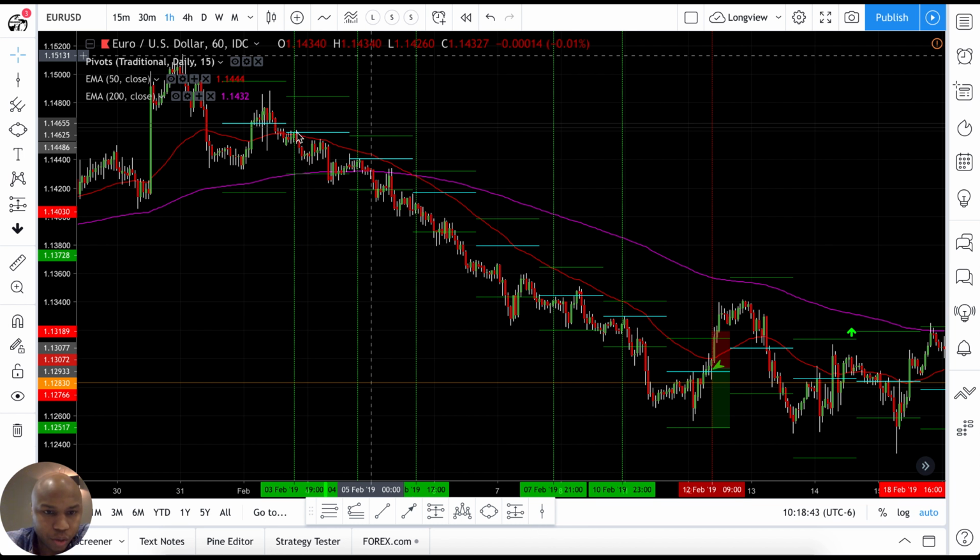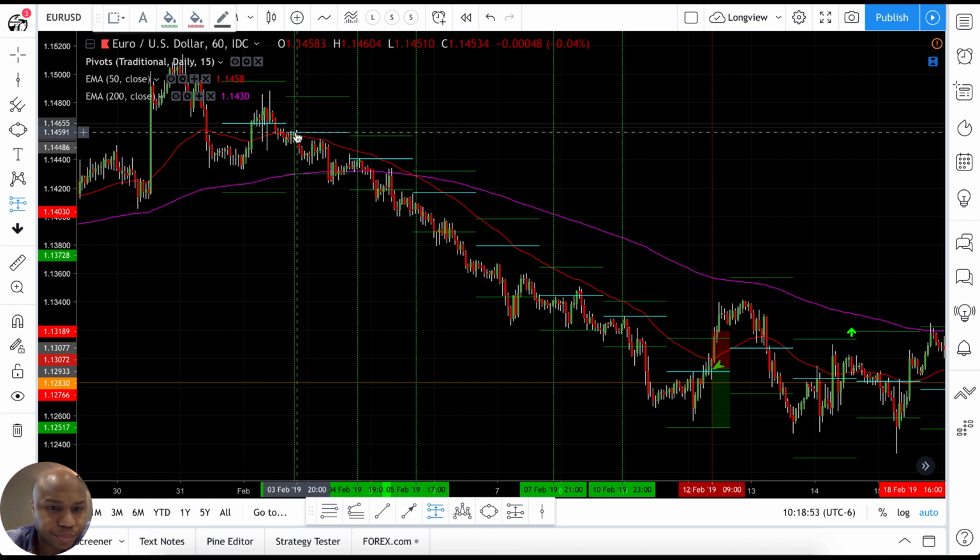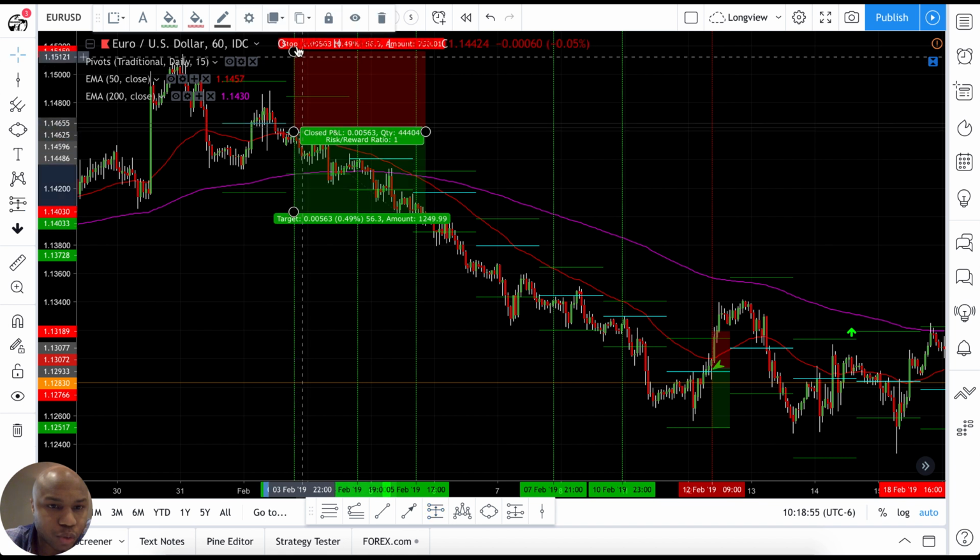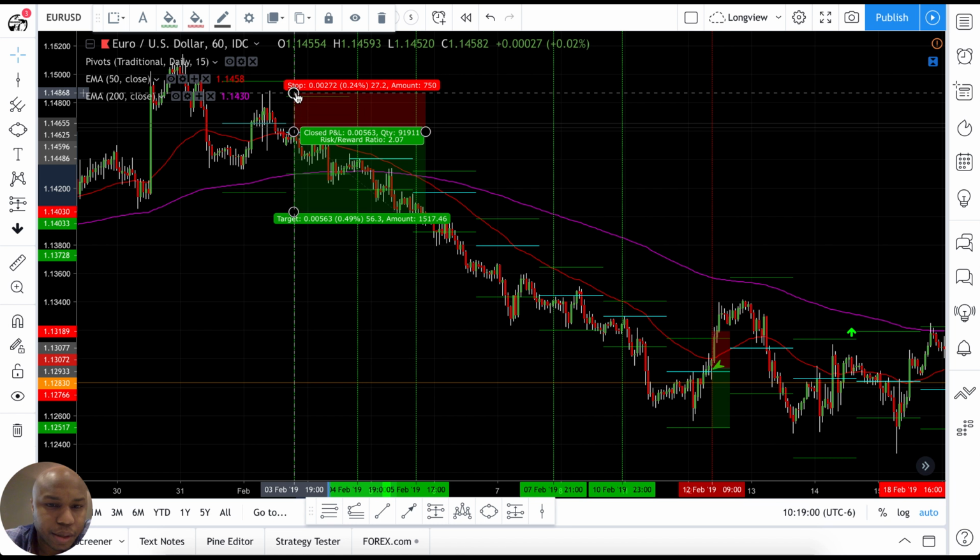So, in other words, I would have a limit order wherever the blue line is. That's where I'm looking to enter. That's how my strategy is set up. Let me see if we can. So if I draw risk reward in for each one of these, you can kind of start to see how